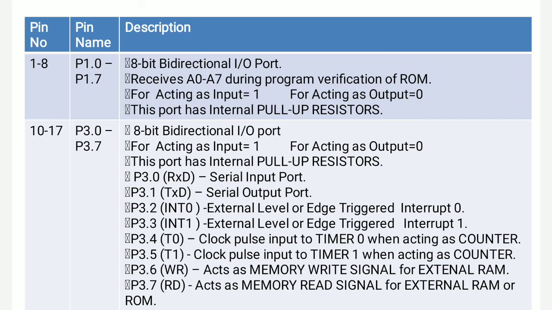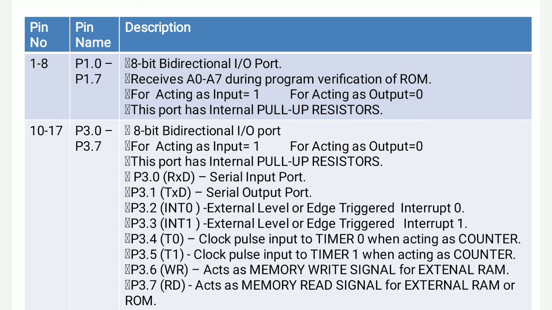So acting as output 0. Internal pull-up is mentioned. One more point is mentioned, that for verification of program memory, that is ROM, it is not necessary to write that. Whatever the points are usually carried out, you simply write, no problem.